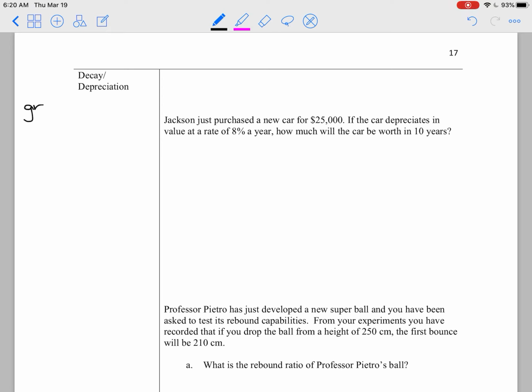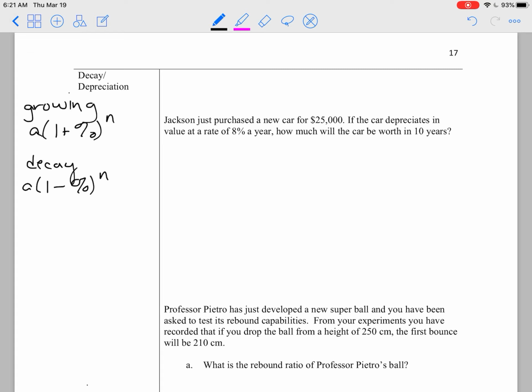So if it's growing, it's that initial value times 1 plus whatever the percent is to n. Well, if it's decaying or going down, and the easy way is if it's going down, it's a decay, the only thing that changes is 1 minus the percent to n. Okay? So A is still the initial value, percent, change it to a decimal, n is for the